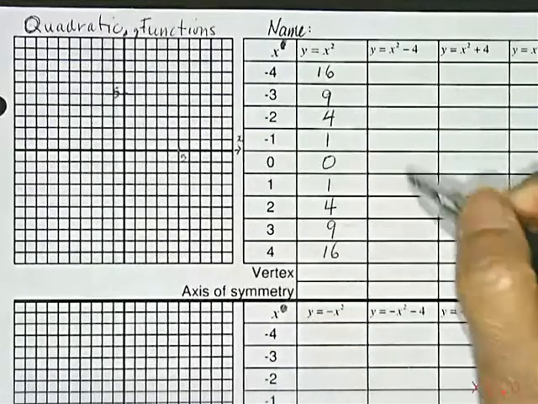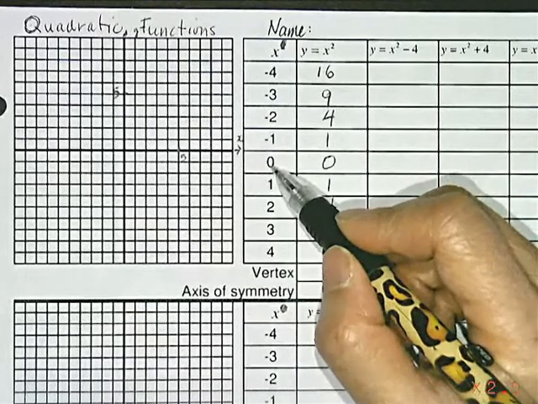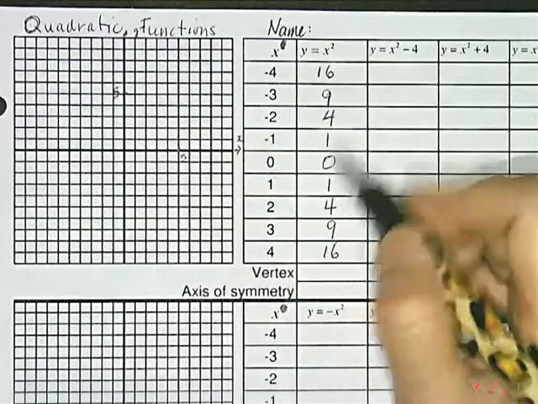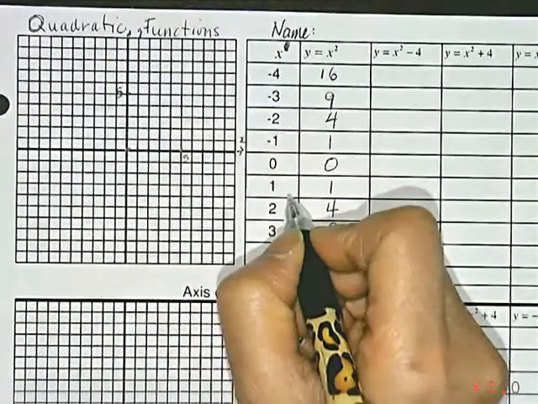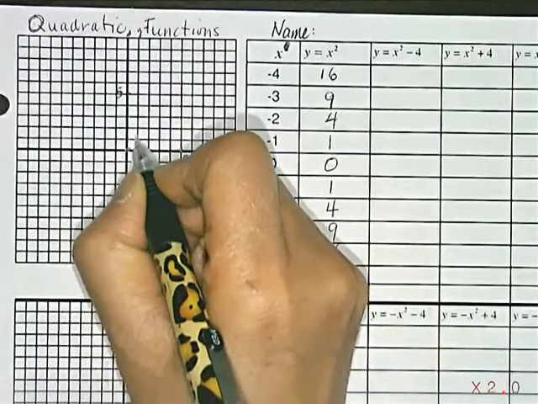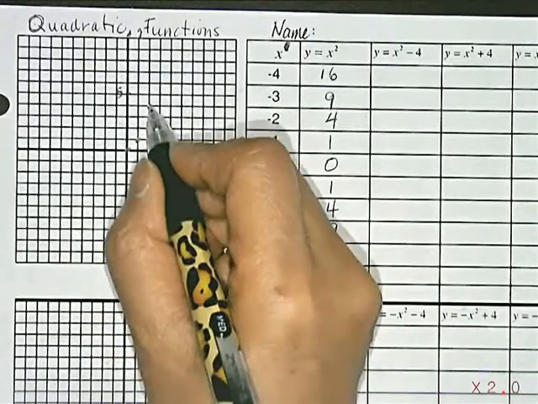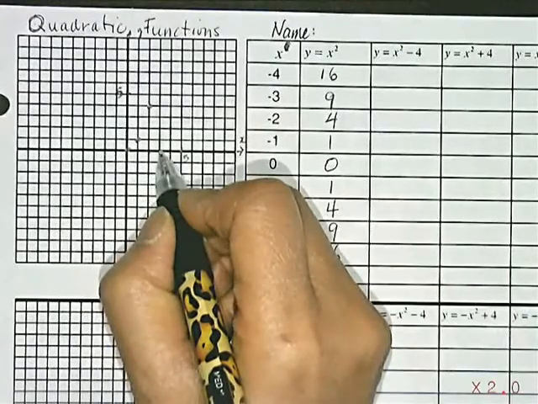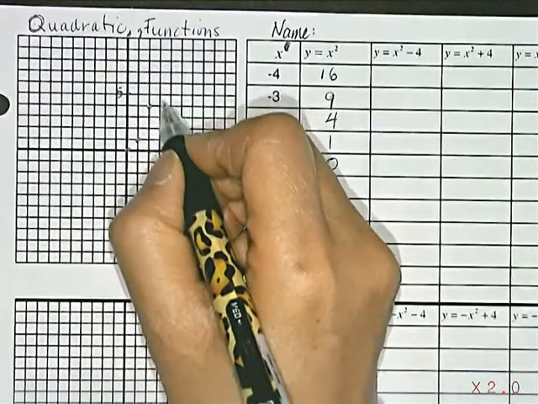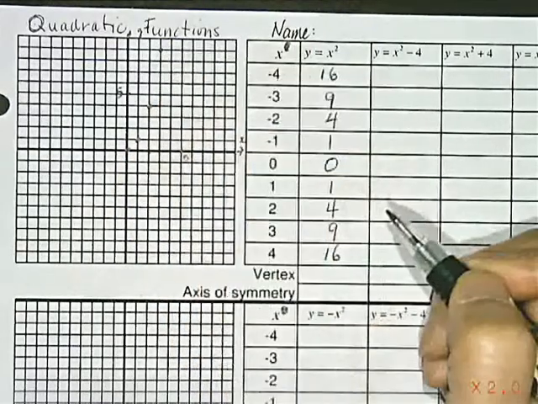So let's graph this. I am going to start at 0, 0. 0, 0 is right here. And then I have to graph 1, 1. So that's over 1 and up 1. And on the x-axis go over 2 and up 4. Then I'm going to go over to 3 and up to positive 9. Now this grid goes up to 10, so this is positive 9, and at that point I cannot graph